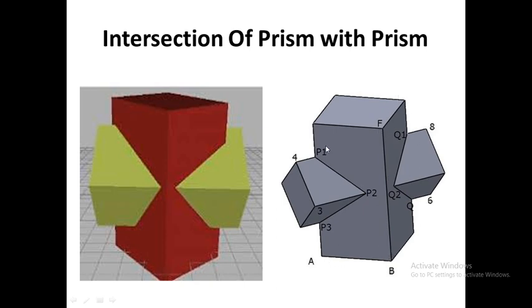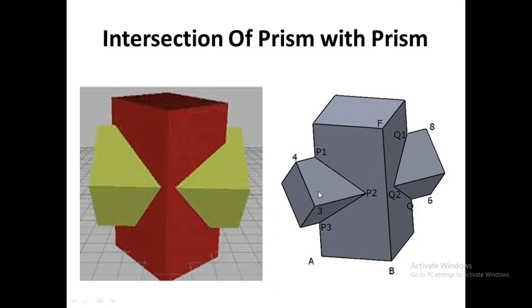Similarly, when we observe this square prism from the side view, either left hand side view or right hand side view, we can again see two rectangular faces. First rectangular face visible will be this, and the second will be lying backwards, represented by this side. So the top view of this vertical square prism will be a square, whereas the front view and the side view will be rectangles of some given height.